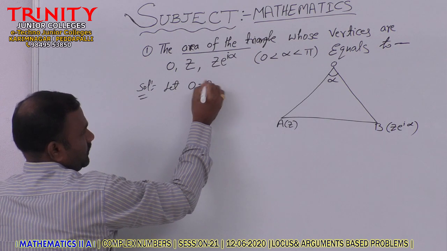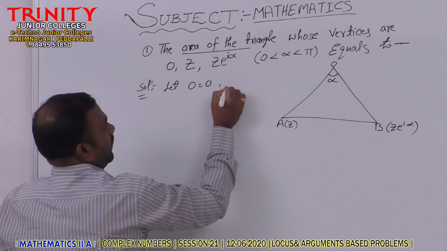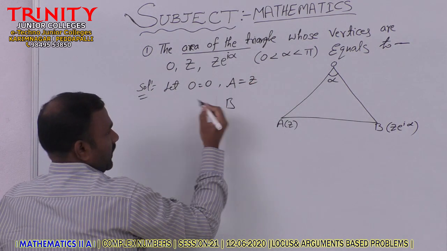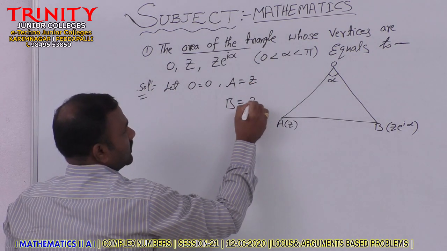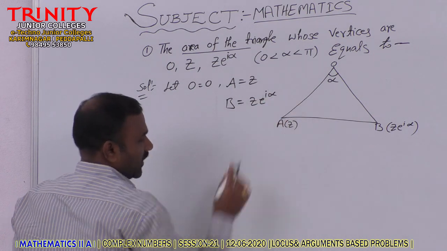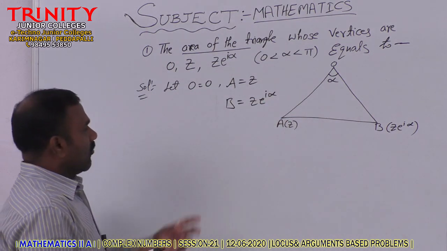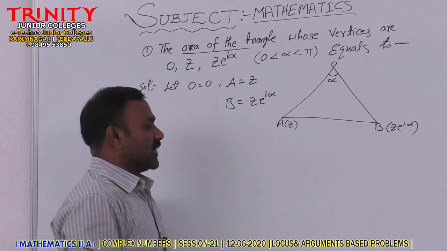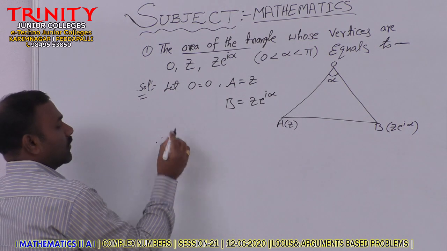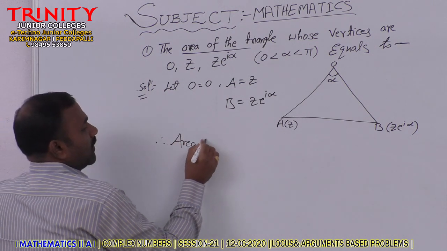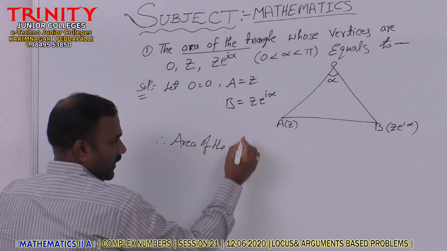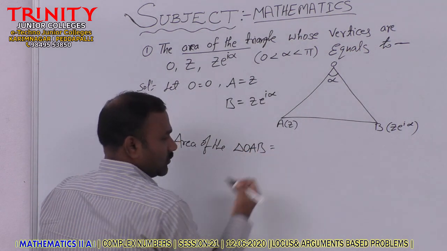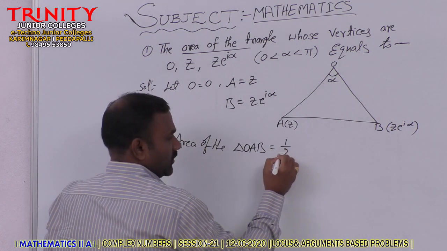O is the origin and A is the complex number z, and the vertex B is the complex number z into e to the power of i alpha. Now, with these vertices, he was asking the area of the triangle OAB. Therefore, area of the triangle OAB is equal to half into